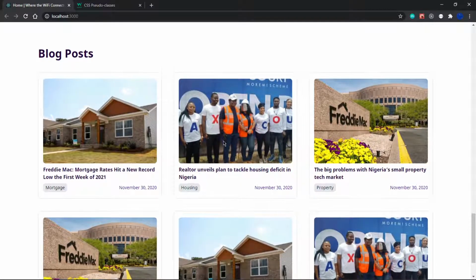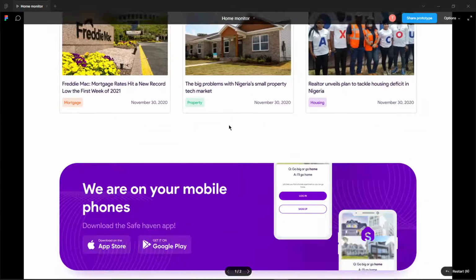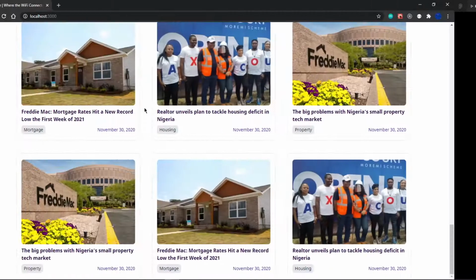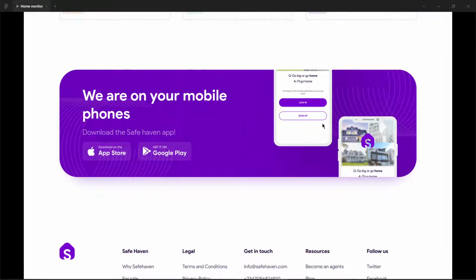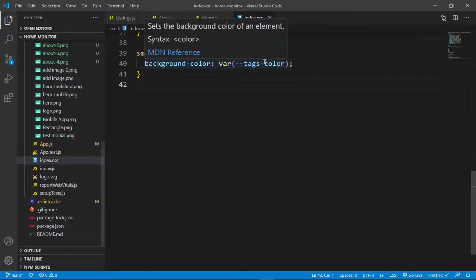And now that we are done with the blog post, I can close this down. All I need to do now is add this, because remember, this is technically an image. I have this as an image first of all, but then it should have the functionality to click on this and it takes you to Google Play, and this should take you to App Store. But I'm not going to do that right now, so instead, let me close this,